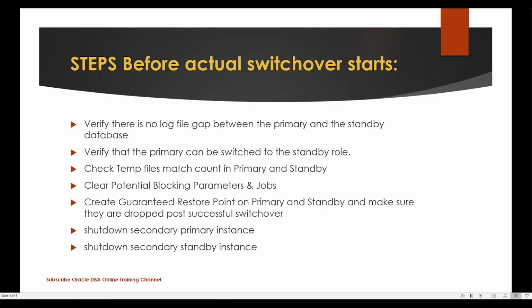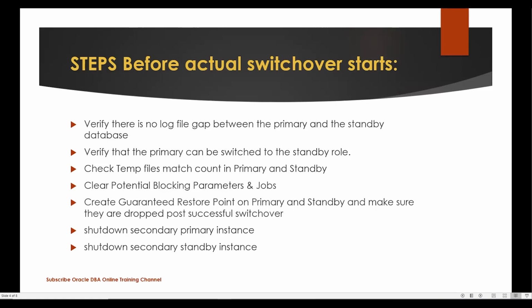Apart from that, we have to shut down the secondary instances. In case of a RAC database, there will be multiple instances associated with the database. During the switchover process, you need to make sure that you have brought down all the other instances related to the primary or the standby databases.